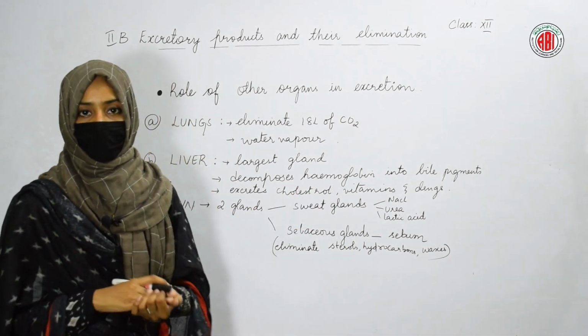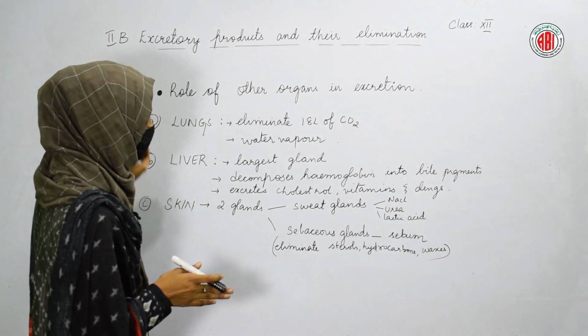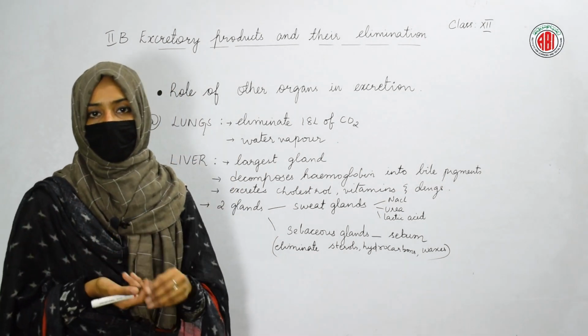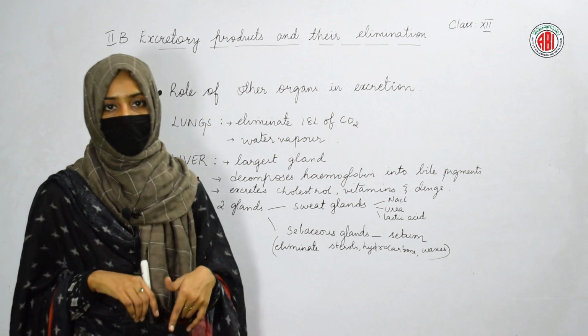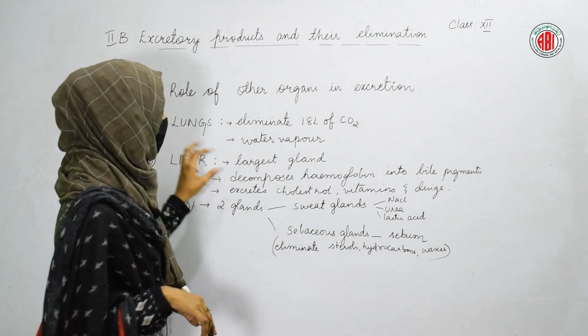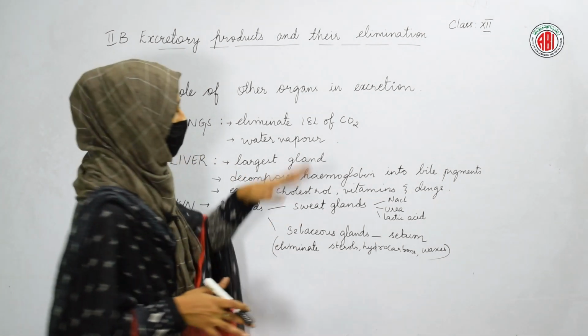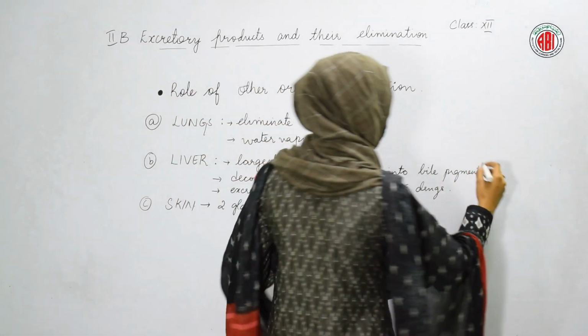After the lifespan of the red blood cells, when they move to the spleen, certain pigments like bilirubin and biliverdin are formed. These pigments are allowed to move into the liver. When they come into the liver, they mix with the bile. Those bile pigments are nothing but bilirubin and biliverdin.